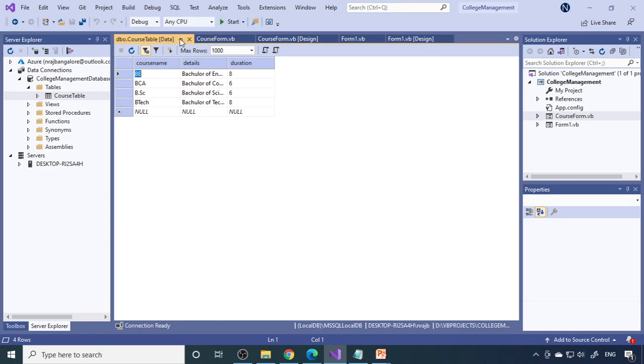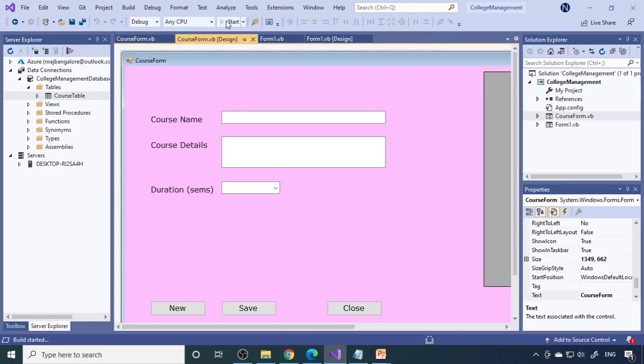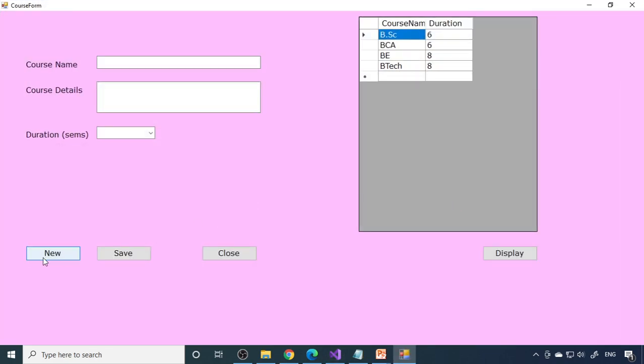Let us run the project again and enter some more data. I'll enter some dummy data here, because we are going to delete that data. There are 4 records already there. Let me enter some data, like this one we don't want anymore. Save, the record is saved. Click new, ABC, 8 semesters, save. Now there are 2 records here. We don't want these 2 records, we want to delete them. Now let us learn how to delete these 2 records.